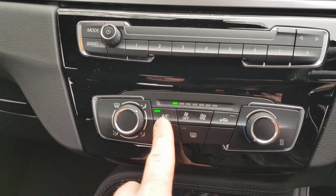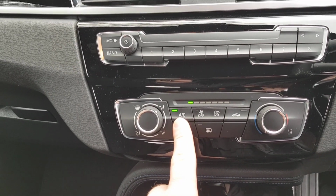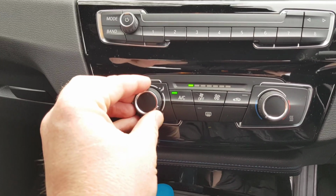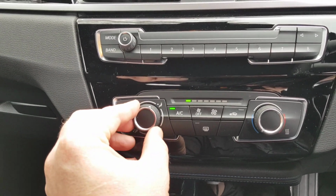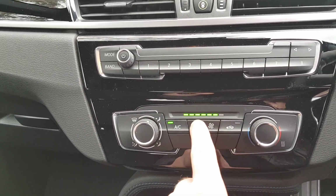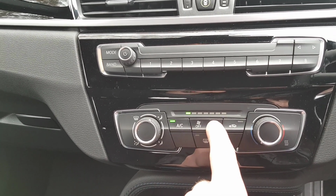I'm not sure you can up-spec it to dual climate control on the X1, noting it is quite a low modeled X series car, but this looks quite clunky to me, the way that you switch between modes. And to wind up the fan, instead of being a dial, it's actually buttons where you're winding it up. Now that's not uncommon in BMW, but I don't know, these lights,